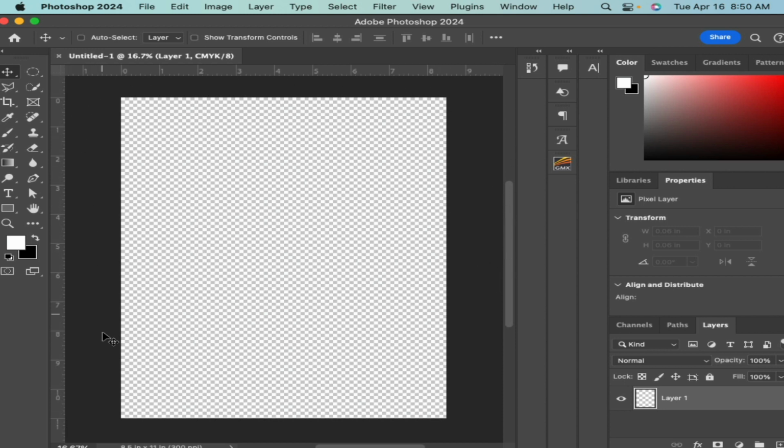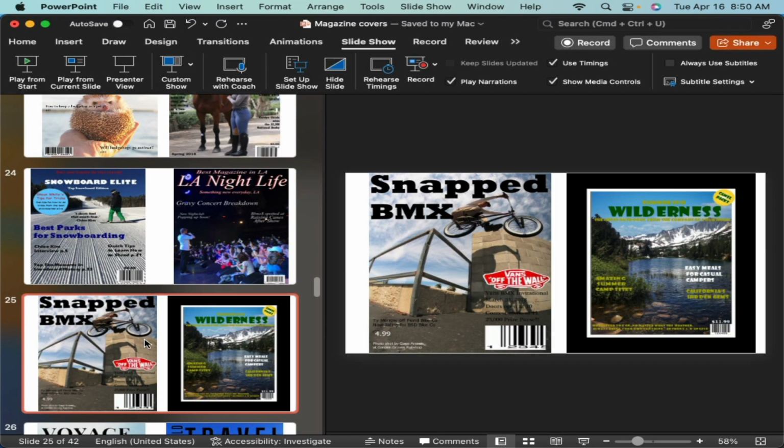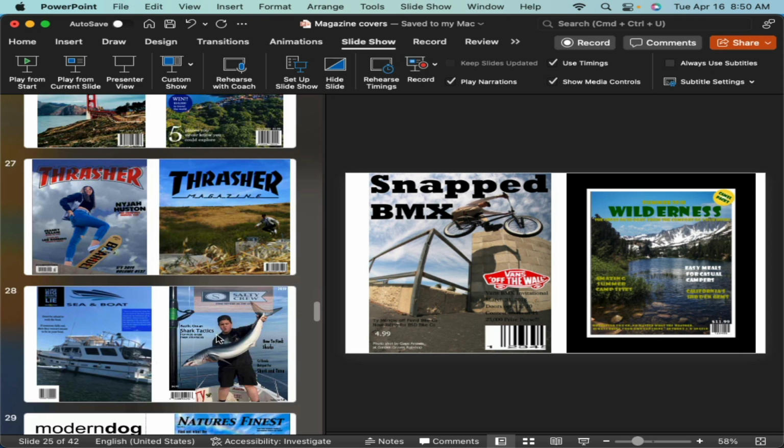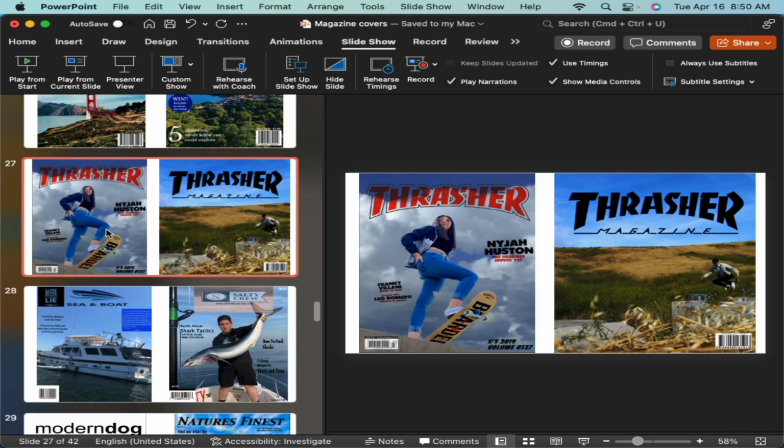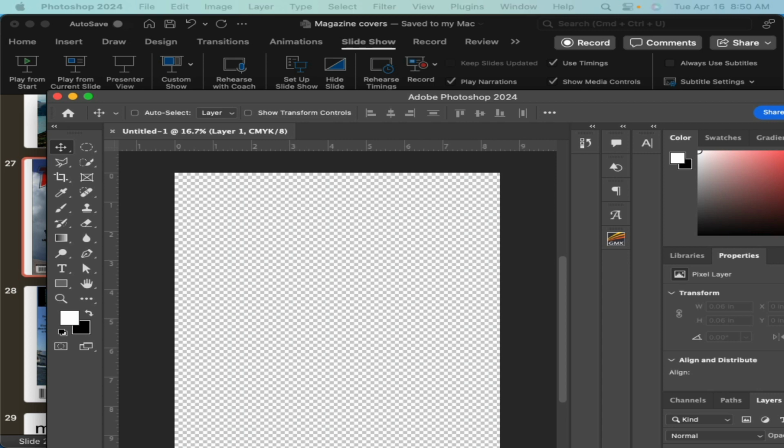So for your homework tonight, you're going to take 5 pictures that you could use for your magazine cover. All right? Okay, so let's get to it. Open up Photoshop, create your new file, and